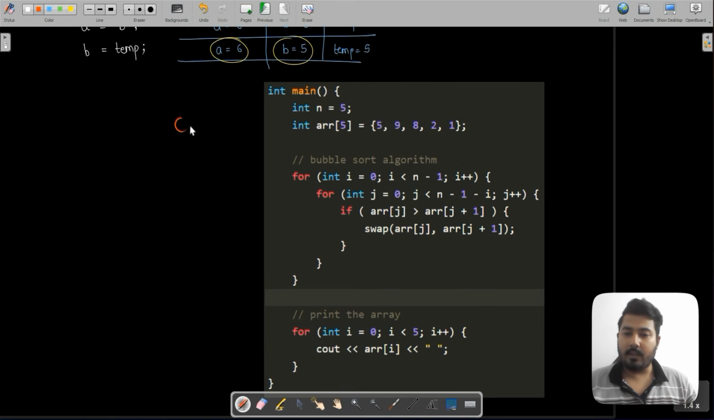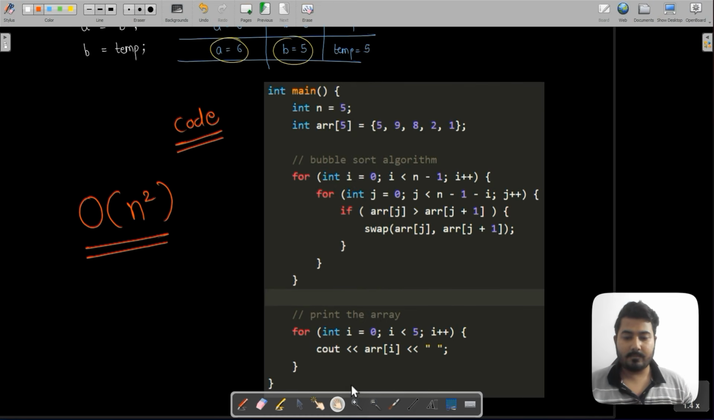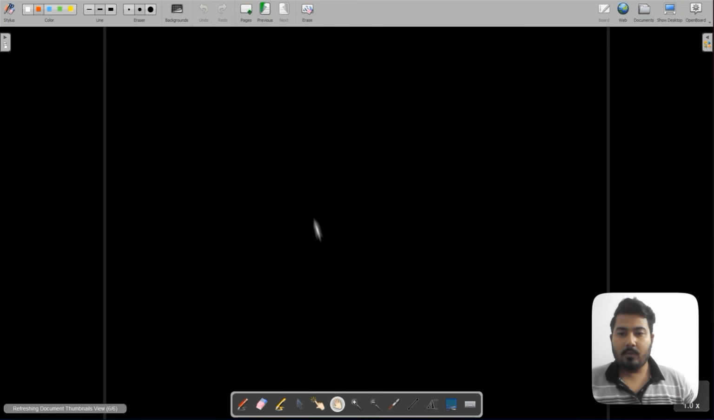Here is the code that we have for bubble sort. And time complexity for this code is O of n square. Done. Now we can simply talk a little bit about our next topic as well,